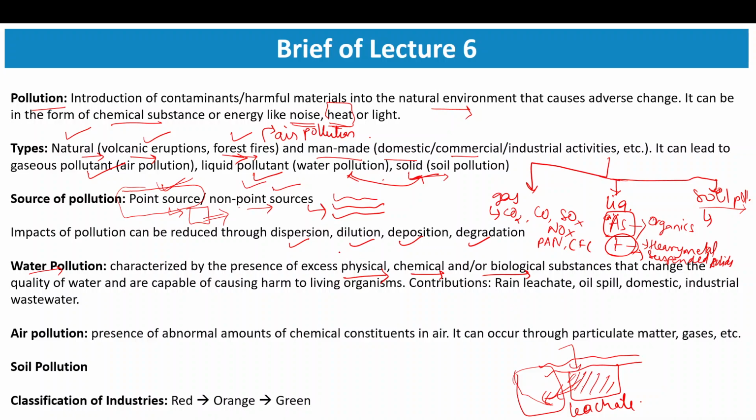Physical substances can be, if water is in the liquid phase, all the contaminants in some different phase, for example suspended solids. Chemical pollutants can be all sorts of salts, nitrogen, phosphorus, etc. And biological can be microorganisms,